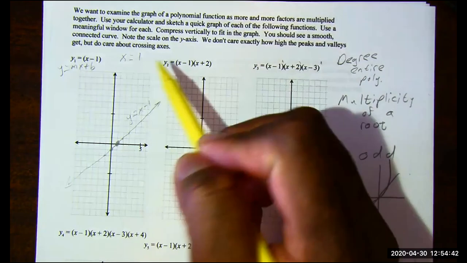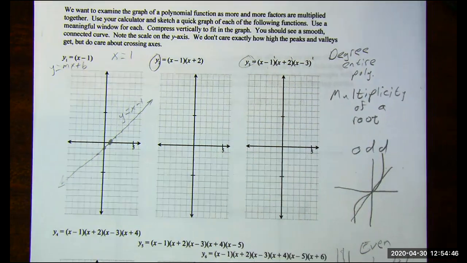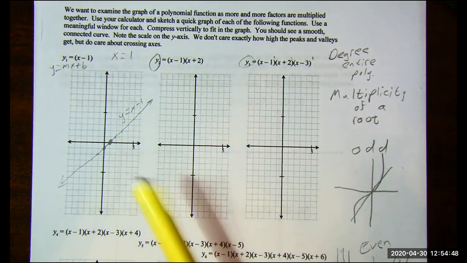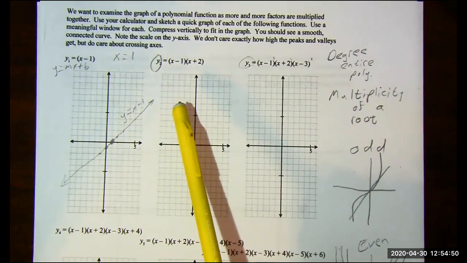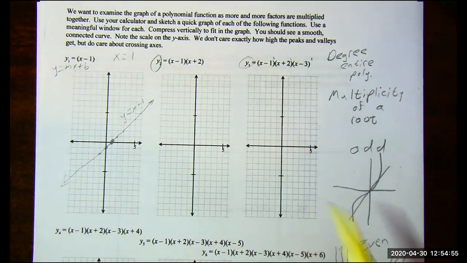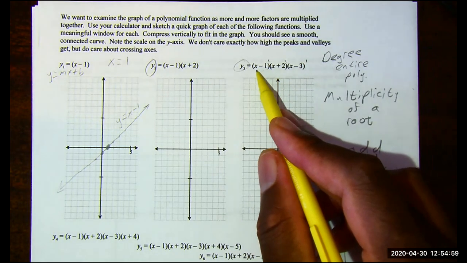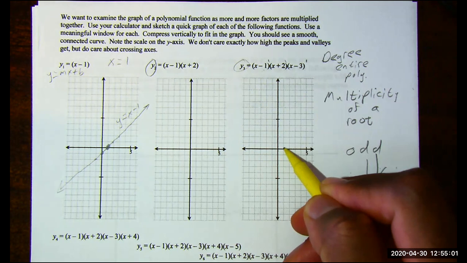I'm going to go ahead and skip this. You guys have this. I'm going to do y sub 3. If you want to, I suggest you go ahead and do y sub 2 and then maybe check your work to make sure you have it. But what I'm going to do is plot each of the roots. Remember, we set each root equal to 0, so x minus 1 equals 0. So one root is at 1,